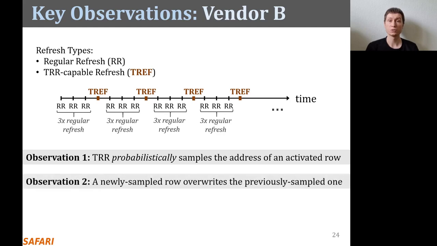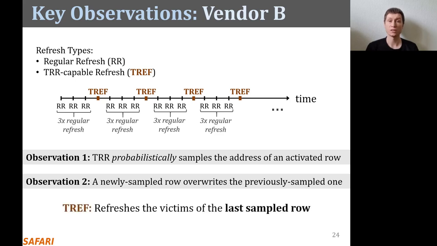Second, a newly sampled row overrides the previously sampled one, even if the neighbors of the previously sampled row were not refreshed by a TRR-induced refresh yet. These two are the most relevant observations, but in the paper we present more observations that helped circumvent the TRR mechanism of vendor B. Basically, a TRR-capable refresh command targets the row address that has been last sampled by the